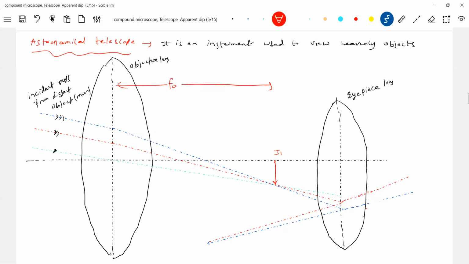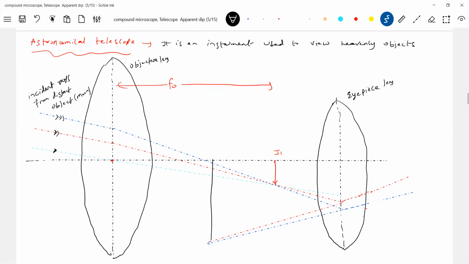That blue color one is a reference. The ray which will pass through this will go undeviated. Afterwards, it will come. So if you want, you can show that. Only the ray which passes through the optic center should go undeviated. The rays which are not passing through the optic center will undergo deviation. For that purpose, I took the blue color ray. Okay, fine. So this is the final image. It's virtual only. Let me show it by a solid line because all are dotted.